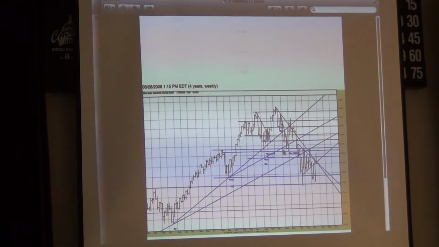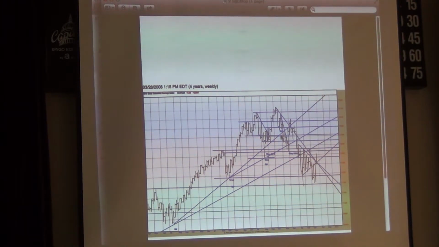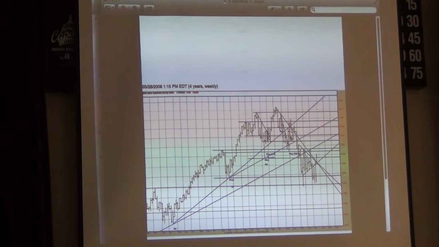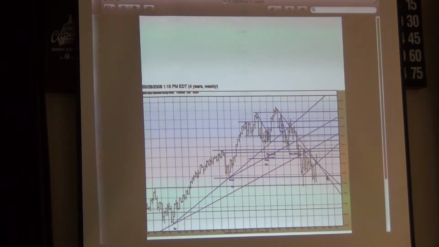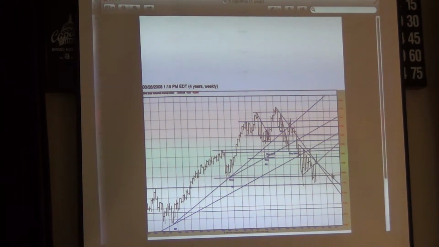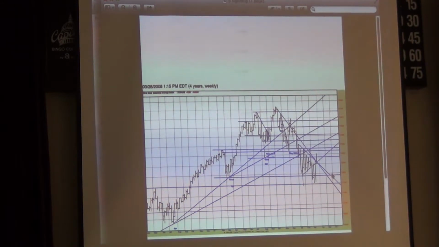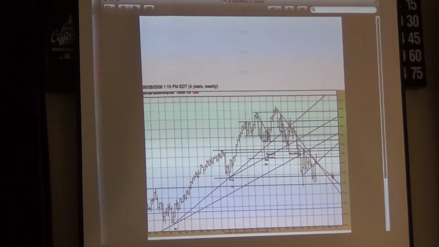The more aggressive short starts here, continues here with an add-on, and then when this line is broken, goes all in. So depending on how aggressive you are,